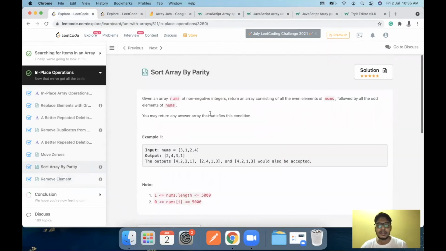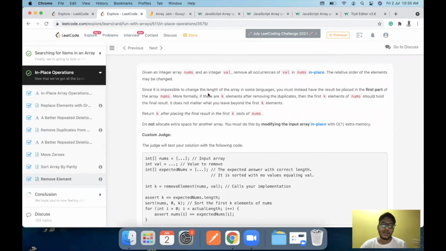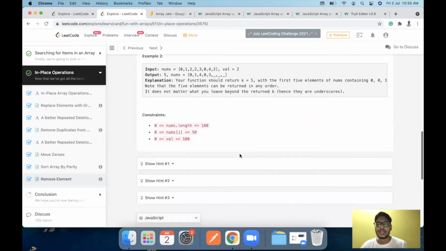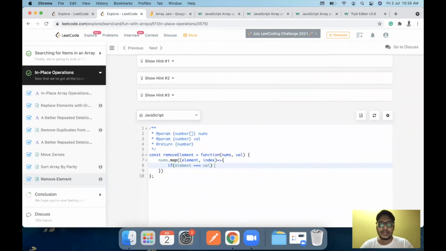In this case, there was no mention that we need to do it in place, so I could use another array. In this case, I cannot use an external array to solve my problem. I need to do it in the same array. That is also why I am using the unshift method. Sorry, not unshift, splice. I don't know why I'm calling splice unshift a lot of times today.